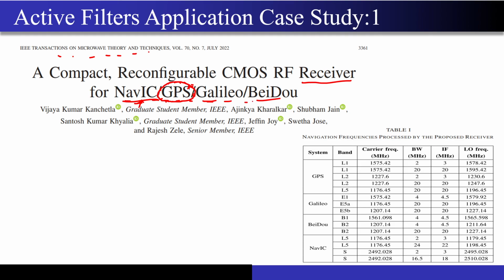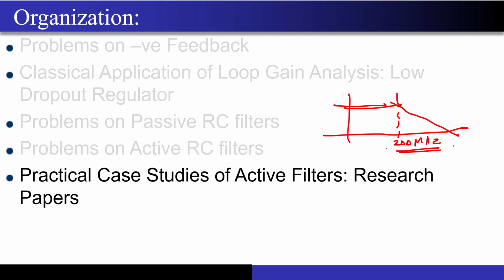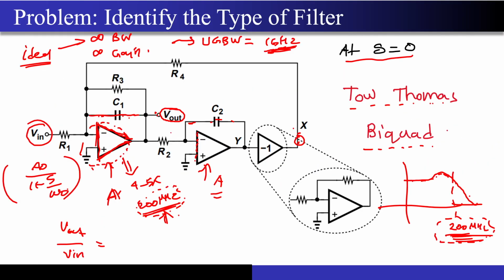So now if you want to study deep into what is this BeiDou, Galileo, just ask ChatGPT or Google. I don't want to go very much into depth of this particular thing. What I just want you to see is the GPS. There are different bandwidths available at different carrier frequencies. So now if I want to operate with different bandwidths, what I have to do is, whatever filter structures that you have seen over here, their 3 dB cutoff that you are seeing, this 200 megahertz, it has to be made tunable somehow. Correct?